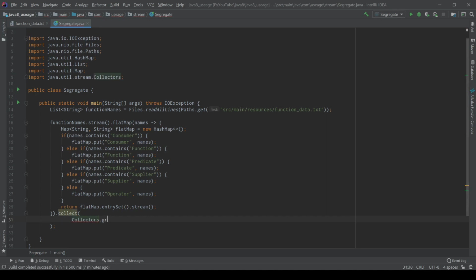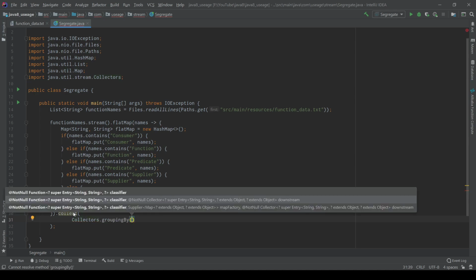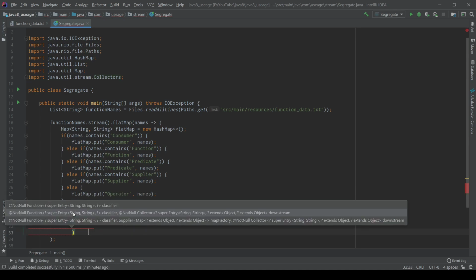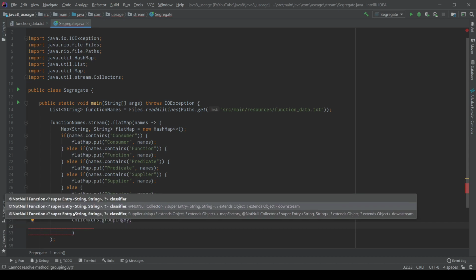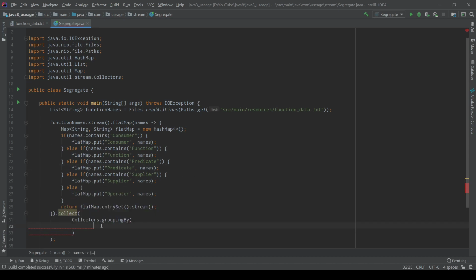Sorry, I have to use groupingBy, based on the key and value pairs. I have to use Map dot Entry get key. Then I have to collect to a list.